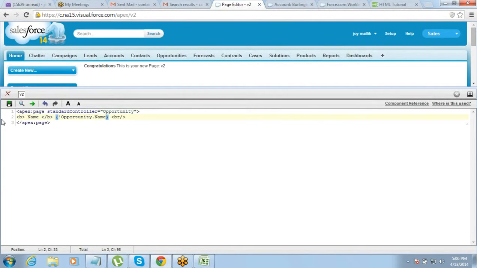Is this correct? Opportunity, yes. Okay. Right. Object dot field. Right. Now we just have to paste it.